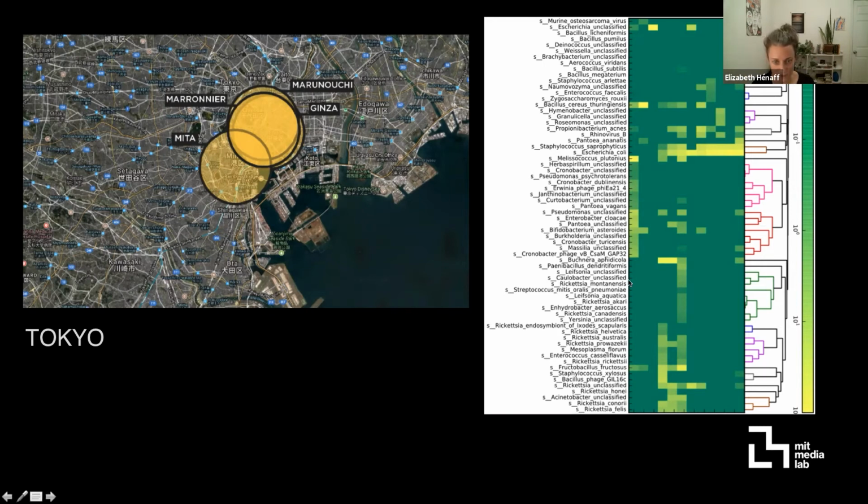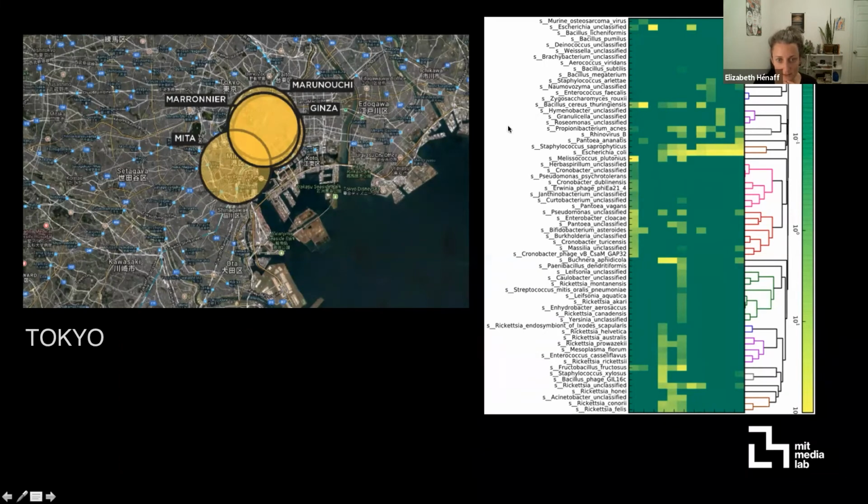So the heat map that you're looking at here on the right describes the abundance of microbes. Yellow color is high abundance and green color is low abundance of this whole list of microbes here on the y-axis, the vertical axis, and then a bunch of different beehives here on the x-axis, the horizontal axis. You can see that this set of beehives here, for example, all had a high abundance of this microbe, but a low abundance of this microbe that occurred in these two hives.